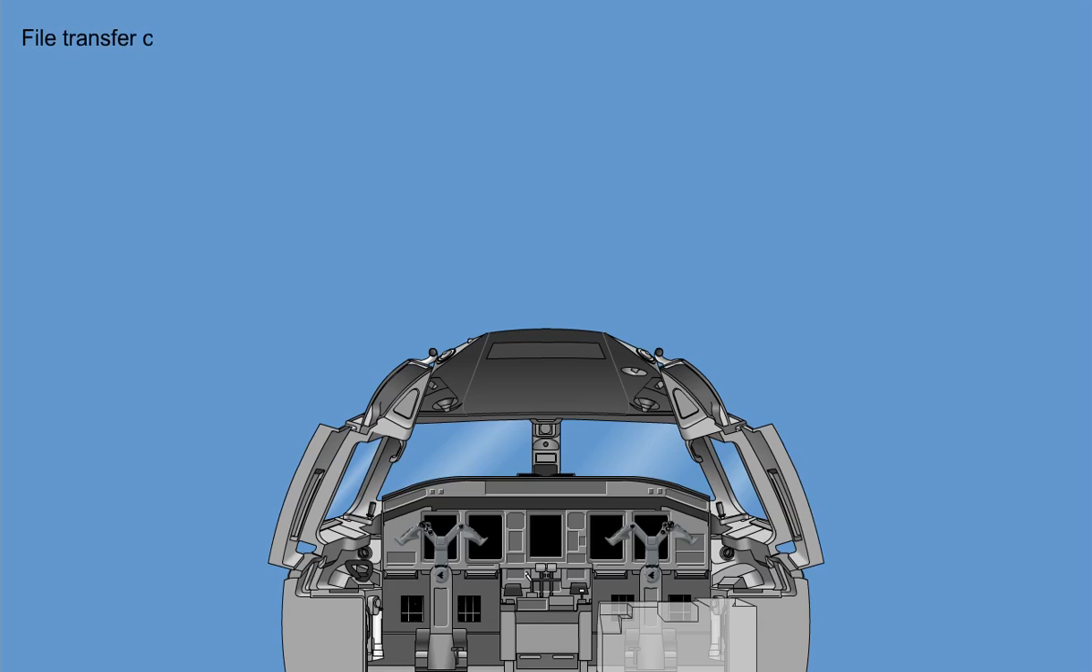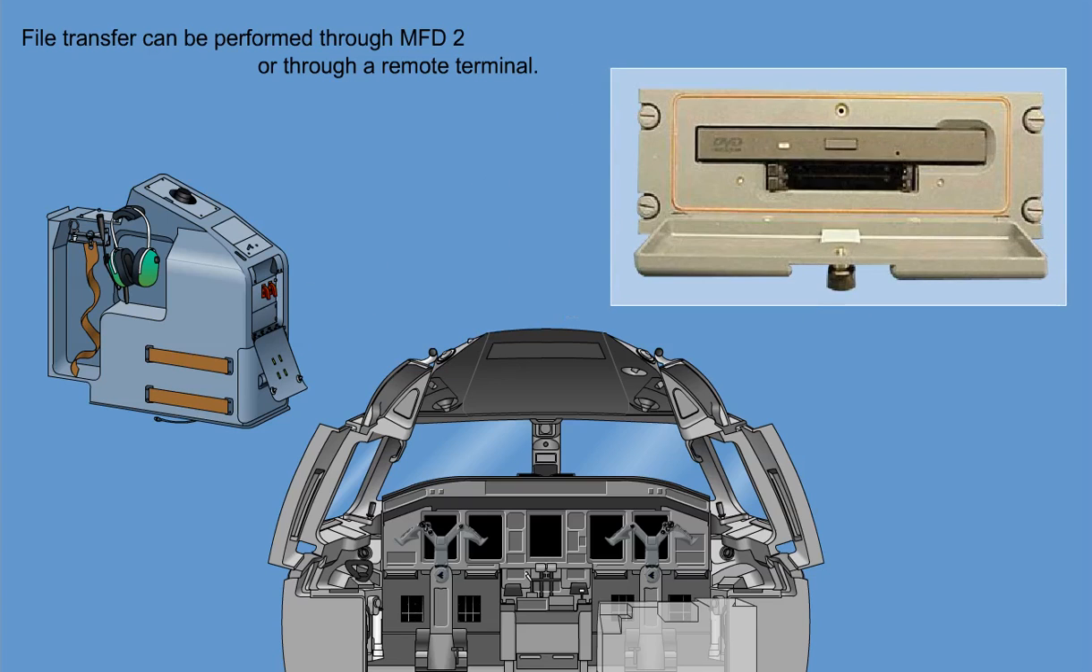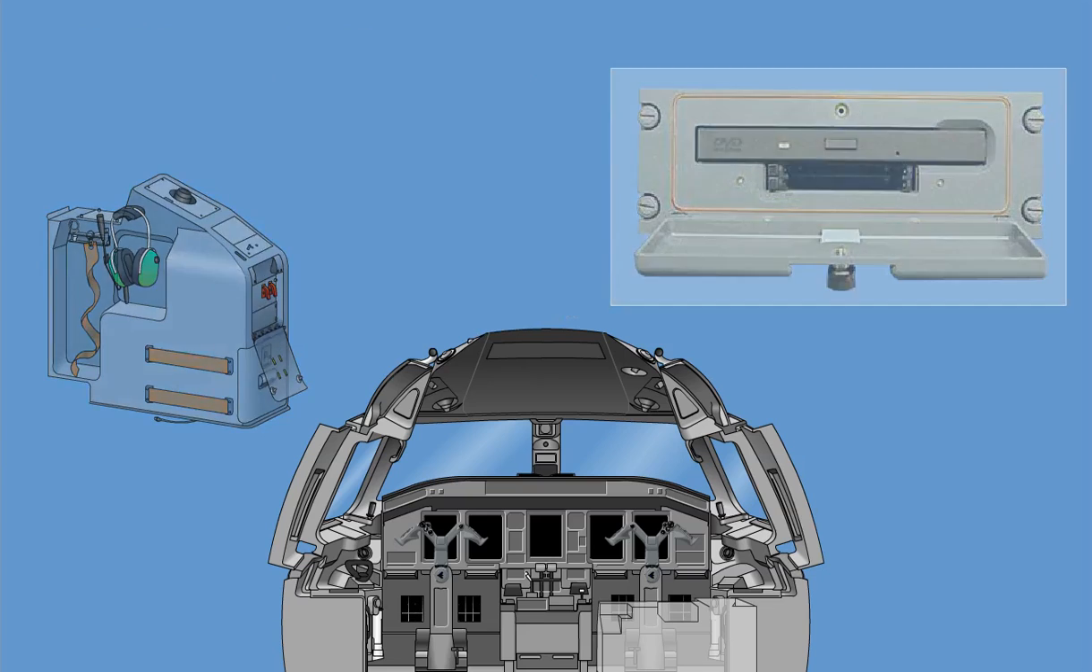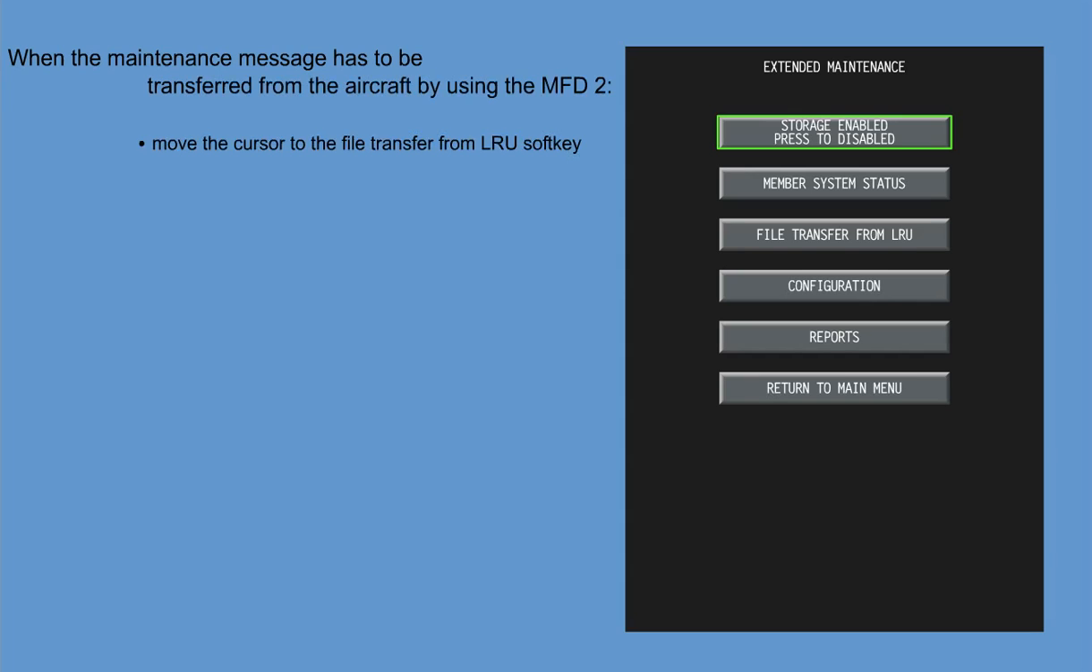File transfer can be performed through MFD2 or through a remote terminal. Before starting the procedure, make the aircraft safe for maintenance and place a PCM CIA card in the DMU. When, for example, the maintenance message has to be transferred from the aircraft by using the MFD2, move the cursor to the File Transfer from LRU soft key and press one of the Enter keys on the CCD2 to open